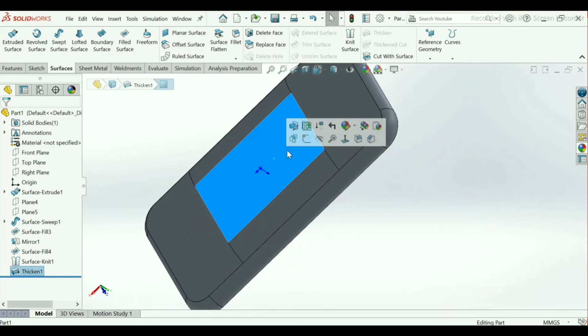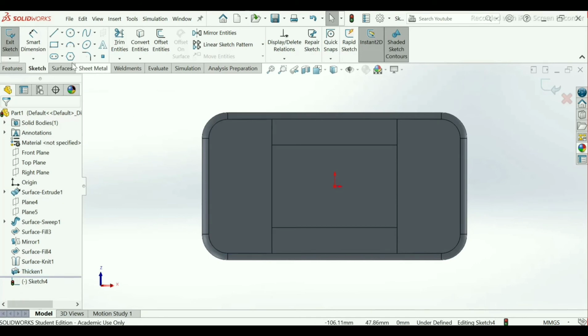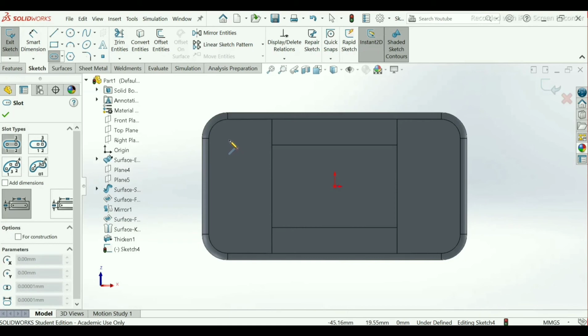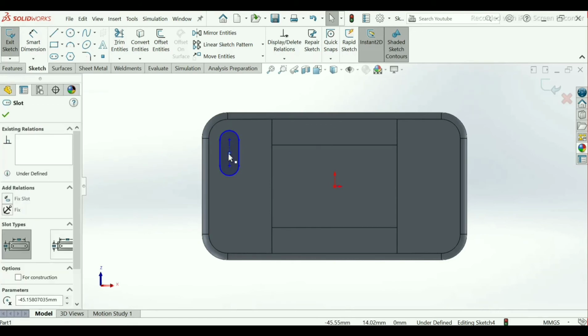Now select this surface, sketch. Go to straight slot in sketch. Make here one slot. Select smart dimension. Select this edge and this line, but it could not be selected, so make it the radius, or keep as it is.